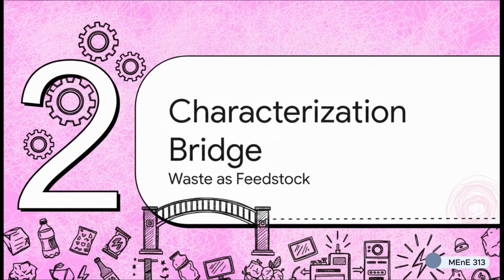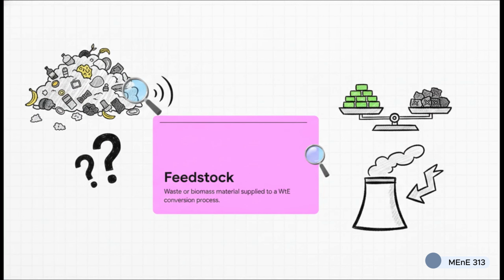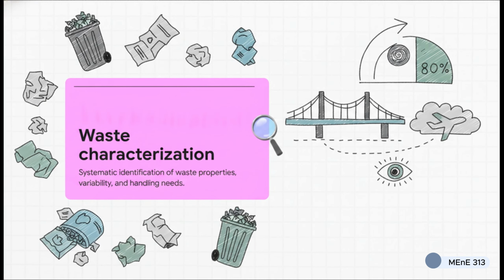Section 2, Characterization, the crucial bridge. Now that we know our boundaries, we have to flip our mindset. We aren't looking at waste as a disposal problem anymore. We're analyzing it as an engineering input. And here's the kicker. Just because you have an abundance of waste doesn't mean it's suitable for energy recovery. A city producing thousands of tons of garbage a day isn't automatically ready for a reactor. We have to evaluate that material rigorously as a feedstock. That makes waste characterization the absolute crucial bridge between a municipal headache and a viable, project-specific engineering solution.